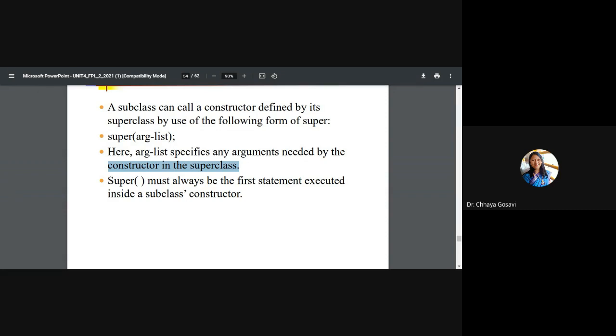Here I am using just one variable. If I have three variables in my class A, I need a constructor with three parameters. So I can have more versions of the super constructor, and for each constructor we can call super. Super must always, this is very important, be the first statement executed inside a subclass constructor.